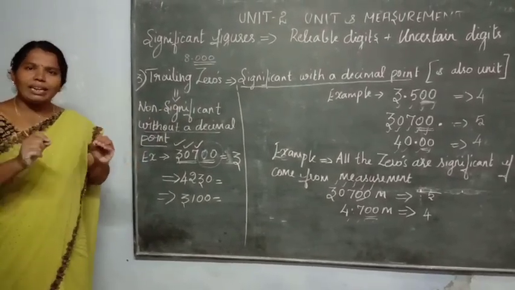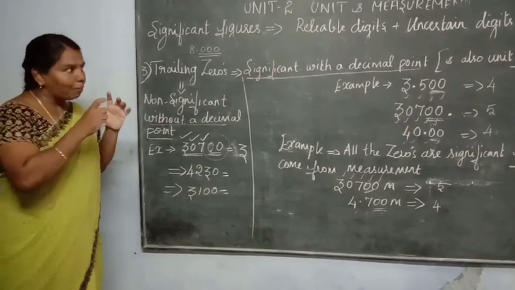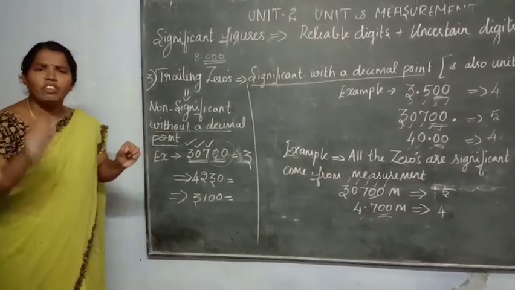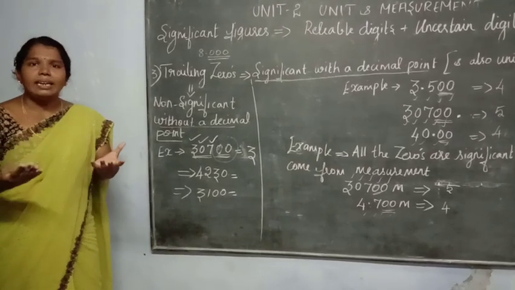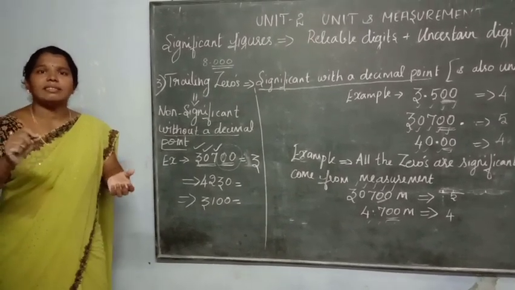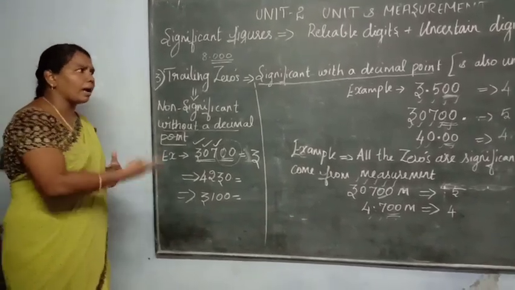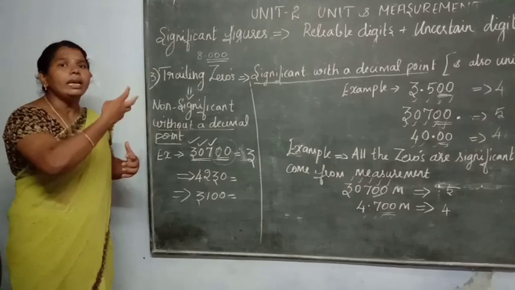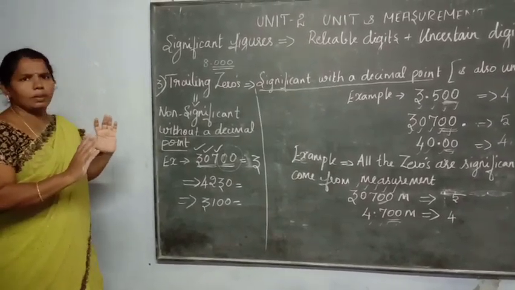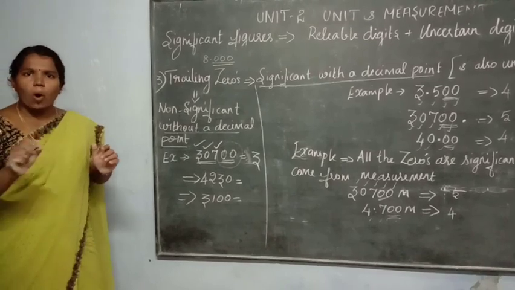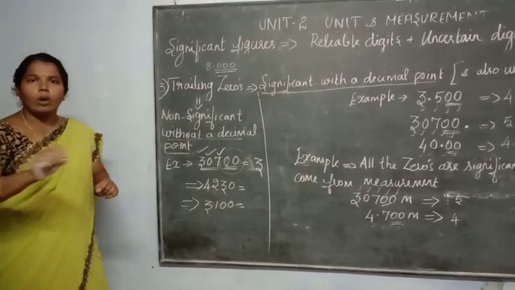If you are not understanding, you can go to that video again and observe all the points. Then it is easy for you to understand. Physics is a vast area, so through online classes, if you want to understand, you have to observe the concept. If you do not understand, watch another time. Then only the concept is easy to understand. Don't say I do not understand this concept. Go to your book and read all the lines. Whatever points I am giving are in your book, so underline all those points.